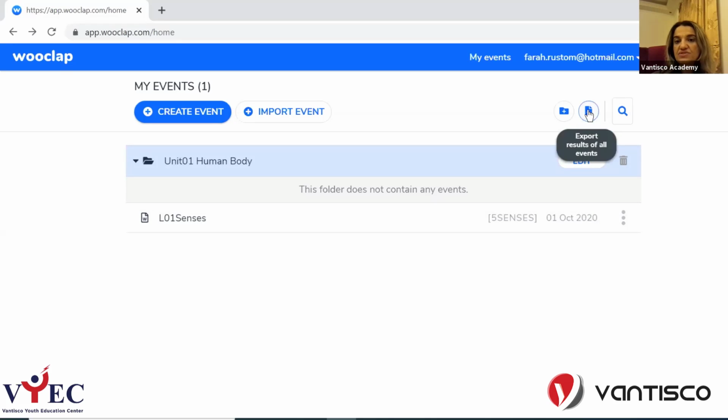This here exports the results of all events. Once I am done with my events, I can use this search, the magnifier. If I have many events, I can just write the title of the event and I can search and find it quickly. So now we understand